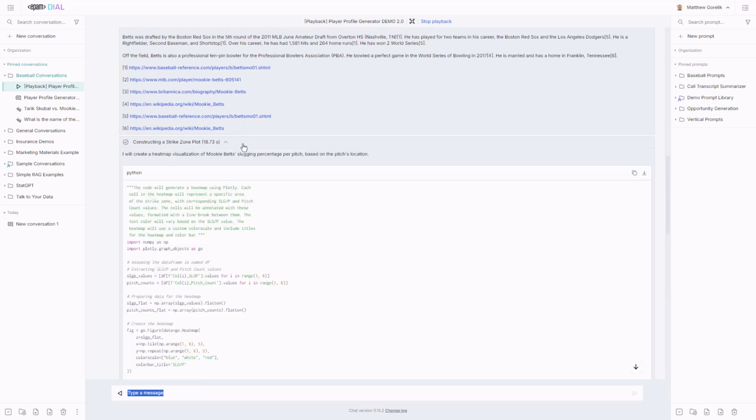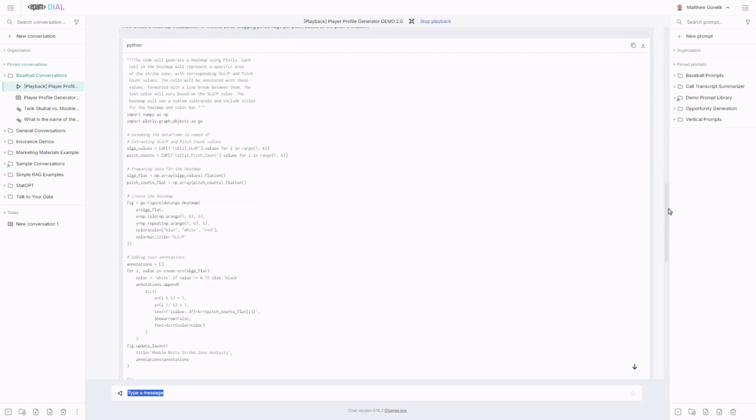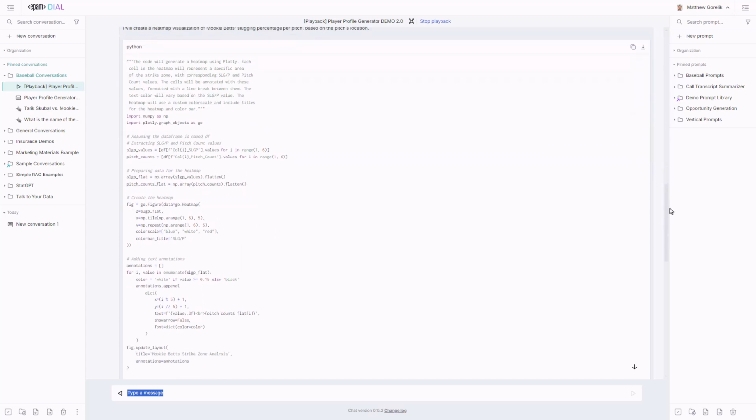In this case, as Mookie is a hitter, we ask it to generate a heat map of the strike zone and quantify how he has performed at handling pitches in each region. To do this, we ask the LLM to generate Python code to process the data and visualize it using the Plotly library. This is one of the more important differentiators between writing a custom application or agent and calling a